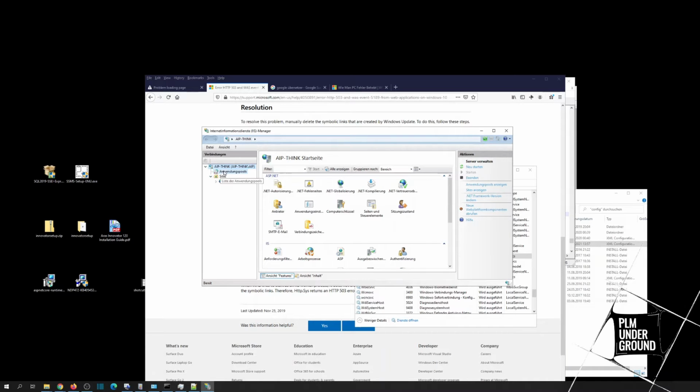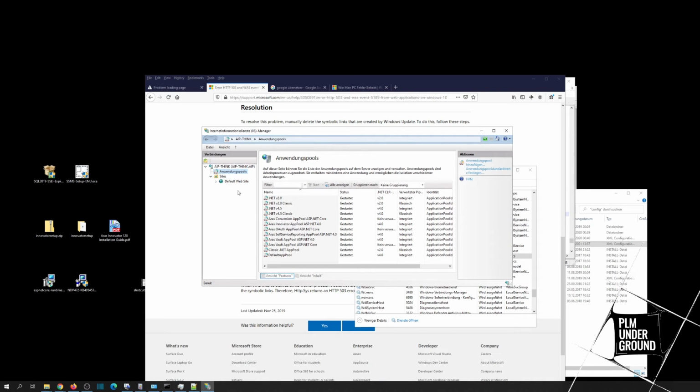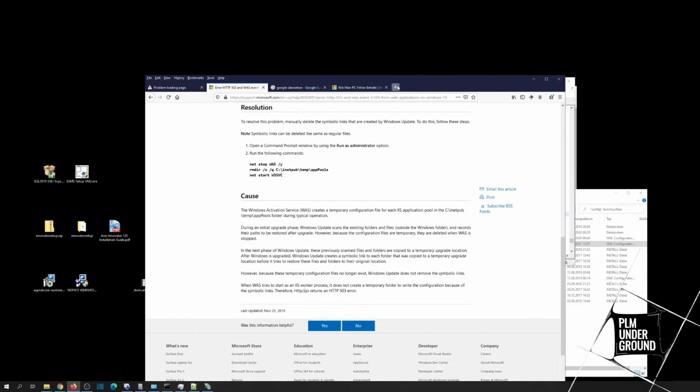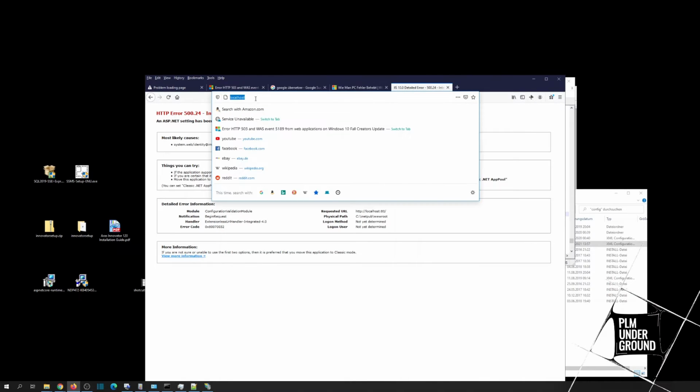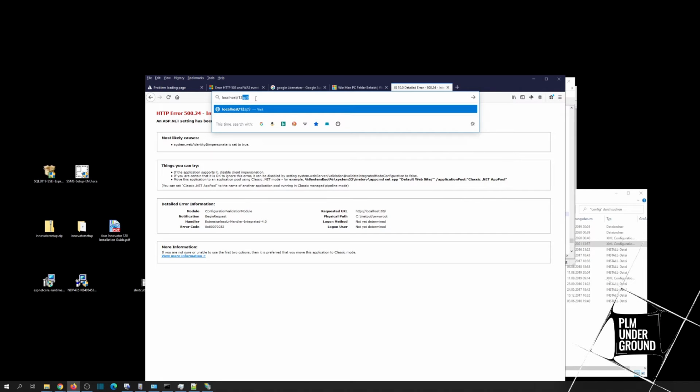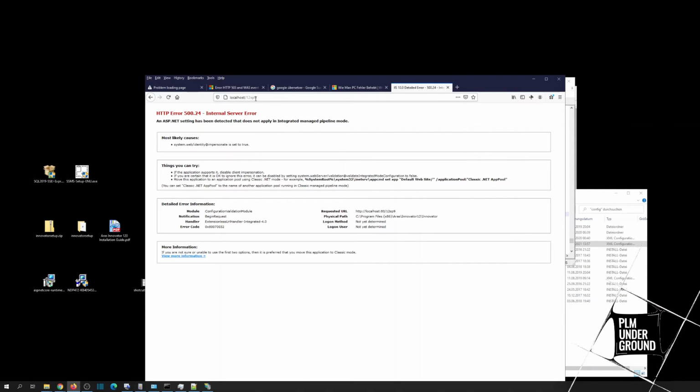Then let's see if our pools instantly started up. Look at this. This is not scripted, they were all dead a couple of seconds ago. And now the final test, localhost. Yeah, new error message, that's great. It's a different error message, it's a great result. And let's see if our Innovator works. It also doesn't work, but we have a new error message, so let's move on.